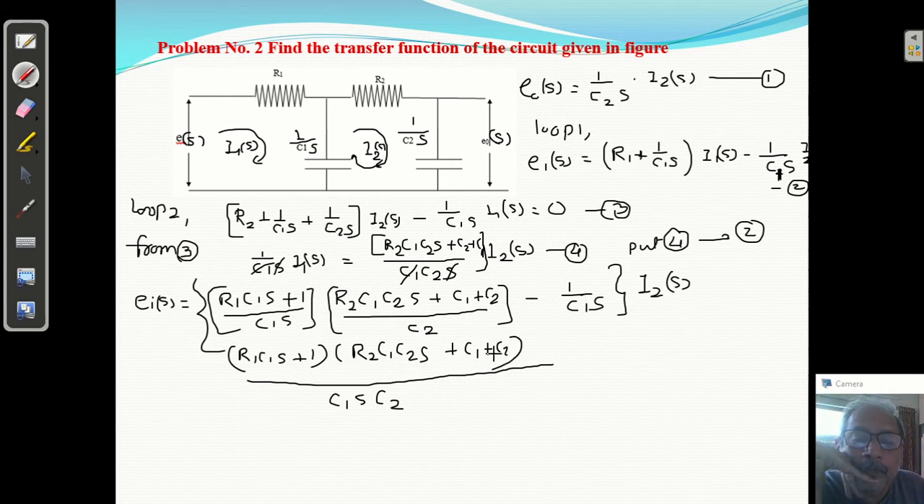Okay, और यहाँ आएगा minus C1S is there but C2 is not there, तो minus C2 into I2 of S. So I got this. Okay, now